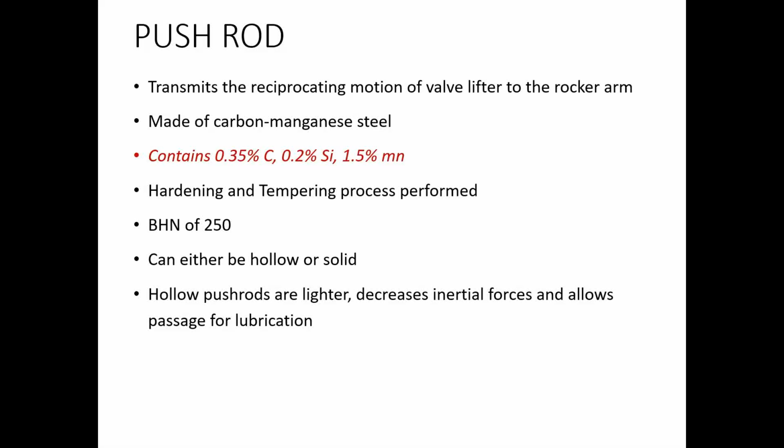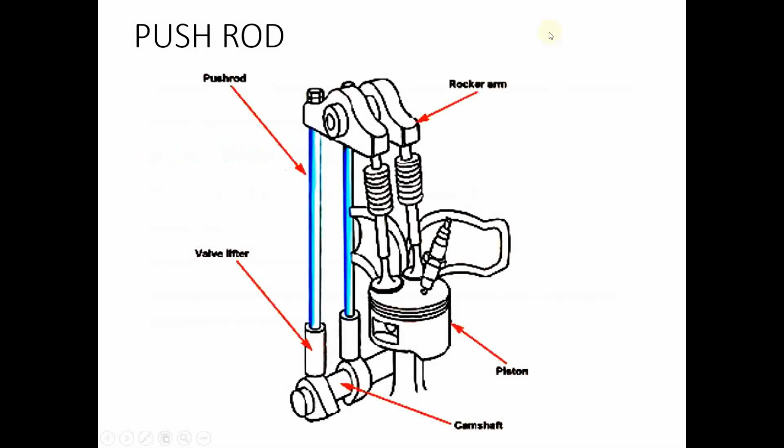Then we have the push rod mechanism, which you have seen in the valve timing diagram experiment which you conducted in your lab. The push rod is a long, slender cylindrical rod which transmits the valve lifter reciprocating motion to the rocker arm. You can see here, this is the arrangement that you might have seen in the single cylinder 4-stroke Kirloskar diesel engine in which you have performed the valve timing diagram experiment.